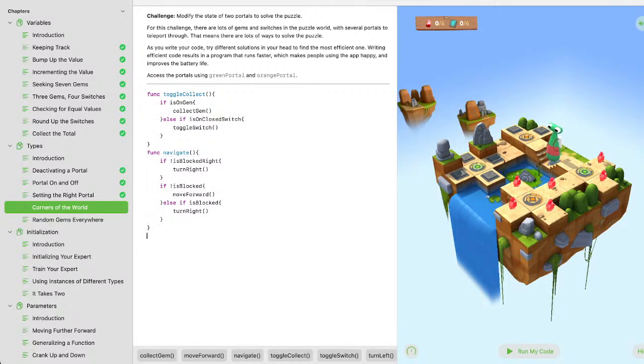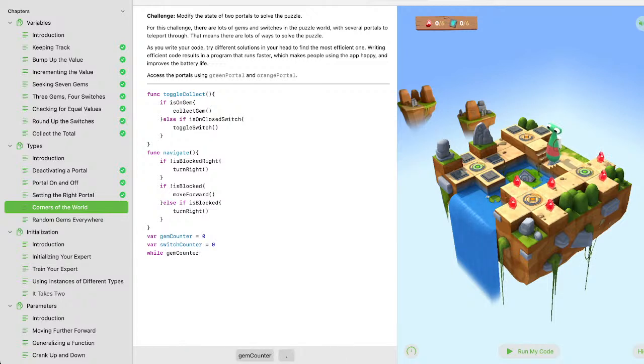Okay, let's start writing our actual function, and we're going to go with a while command because I think those just run the best. Actually, no, before we write the while, we need to write a few more things. Let's write a variable, gem counter equals 0, and variable switch counter also equals 0. Okay, now we can write a while